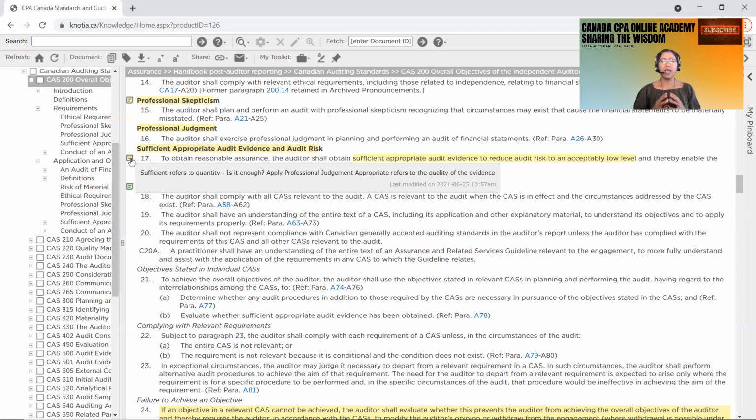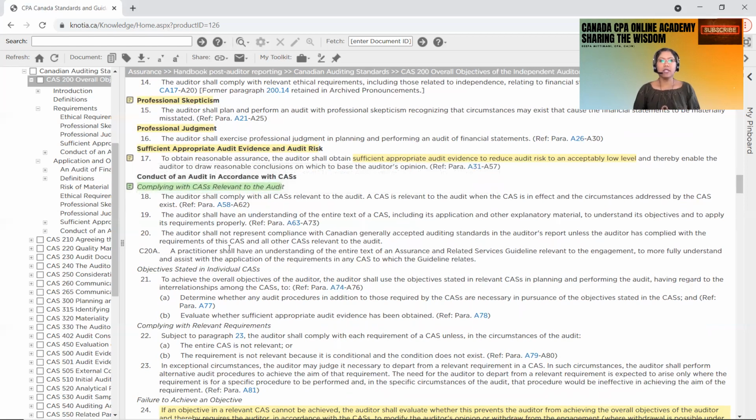But on this standard level, what they are saying is auditors should obtain sufficient and appropriate audit evidence. So sufficient again refers to the quantity. Is it enough? And appropriate means whether the quality, it is questioning the quality of the evidence, and both need to be accompanied with your professional judgment to ascertain that. And the next part is complying with the